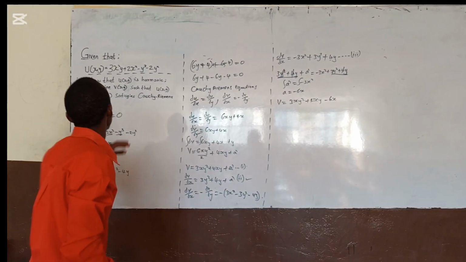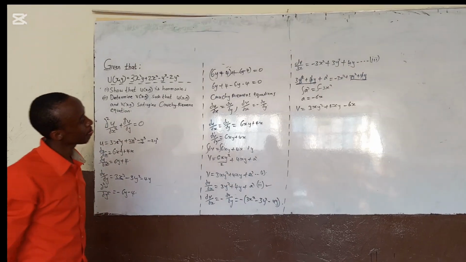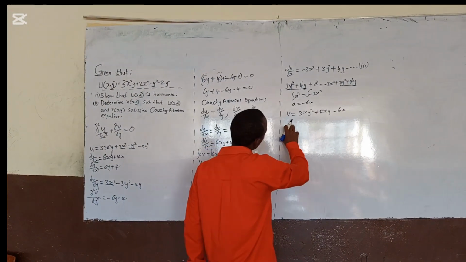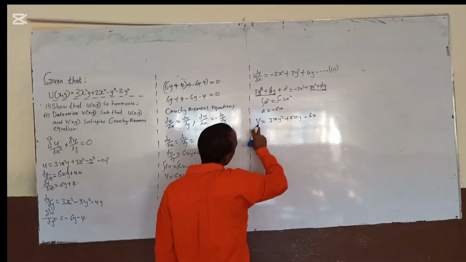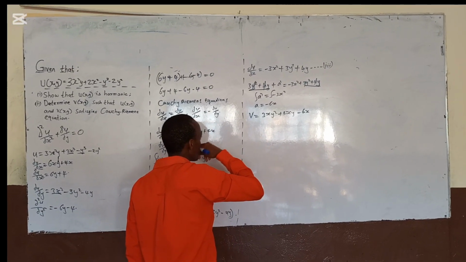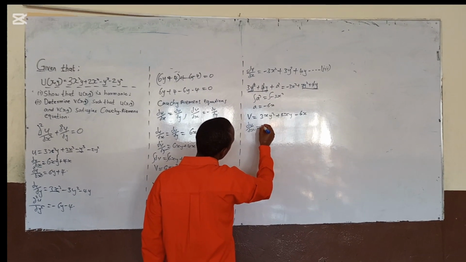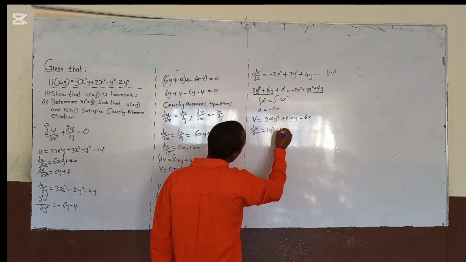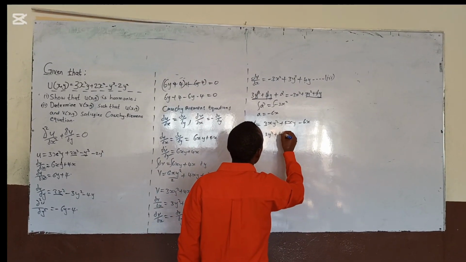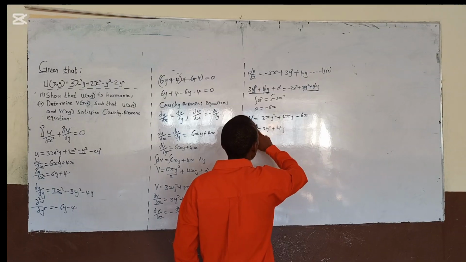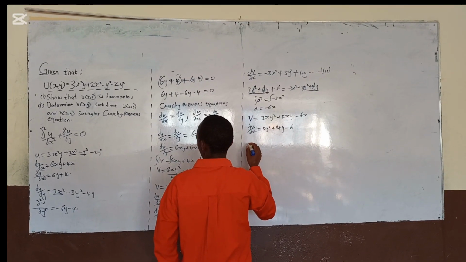So we have to prove whether v and u satisfy the Cauchy-Riemann equations. Now we have to differentiate v with respect to x and v with respect to y. So dv/dx is equal to 3y squared plus 4y minus 6. Now again